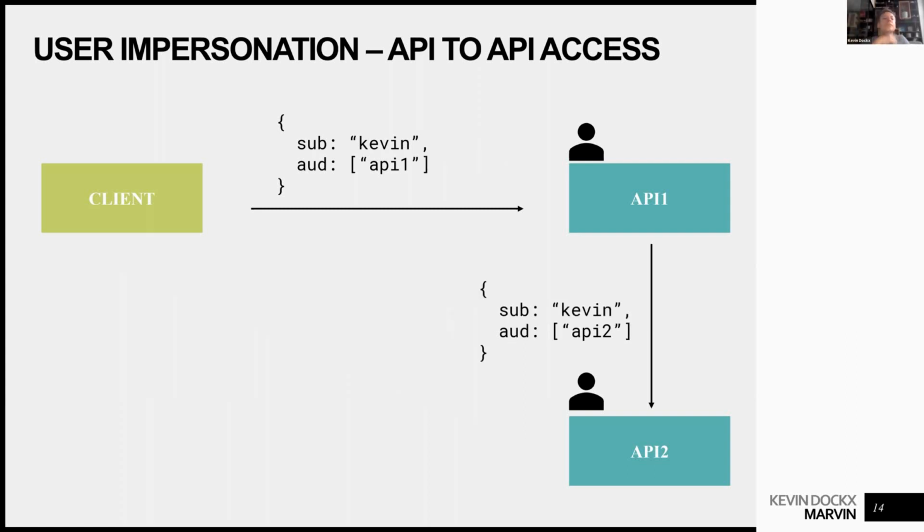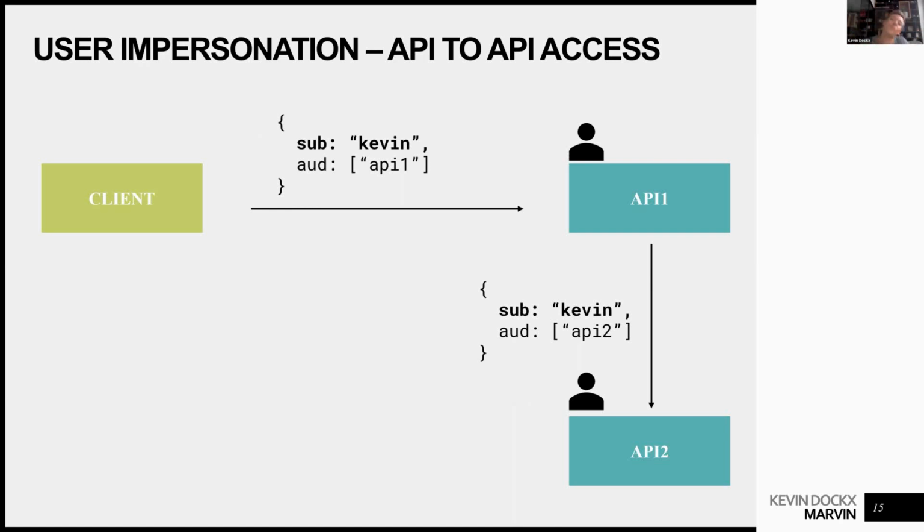What you actually want is that the client has an access token with audience API 1, and that API 1 can somehow exchange that access token for an access token that allows access to API 2. But the important thing here is that this all happens on behalf of the same user,